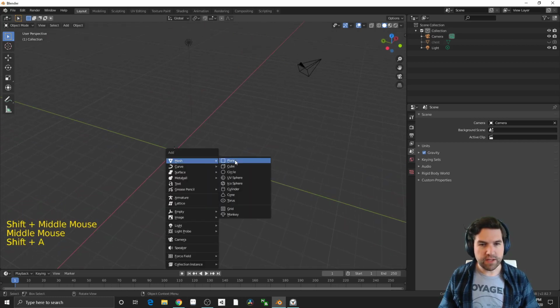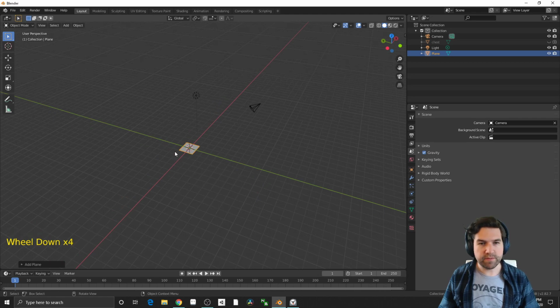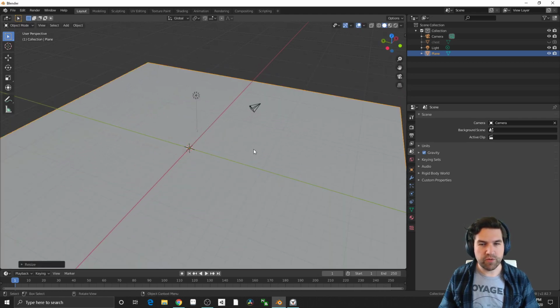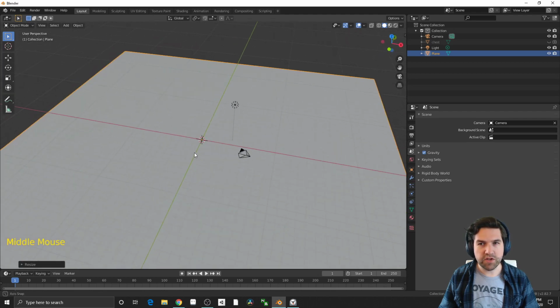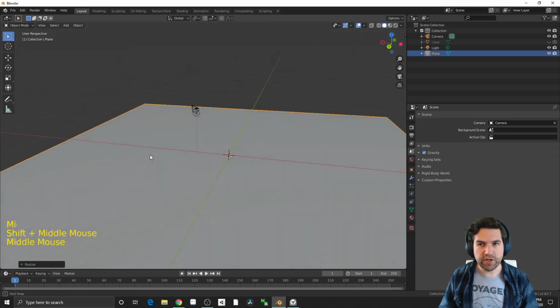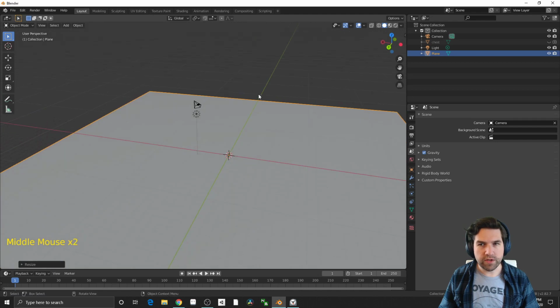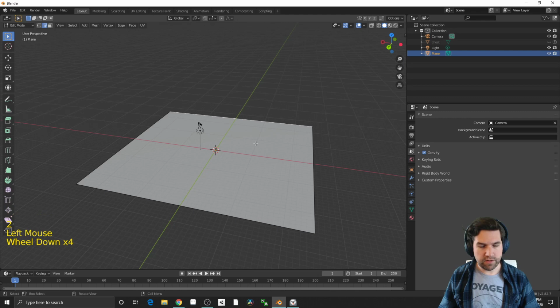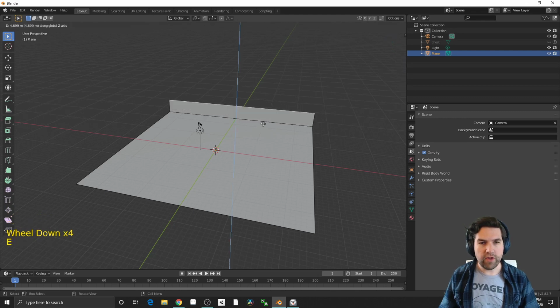So Shift A, let's put in a plane because I'm going to make my whole scene, or my stage. I'm going to scale this up quite a bit. I like to make this a pretty big infinity wall because, well, it doesn't cost us anything. And let's make sure we're forward in the Y and we're looking back at the X-axis. And I'm just going to take this little object right here, hit E, and then middle click to drag it